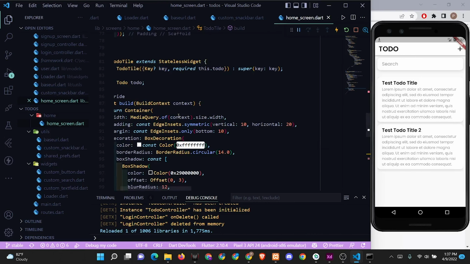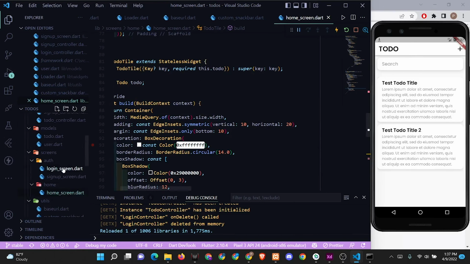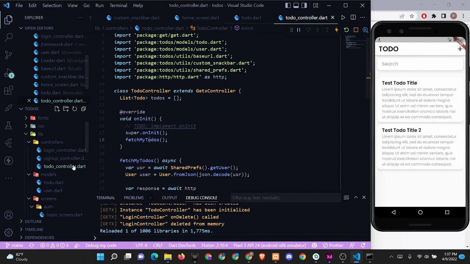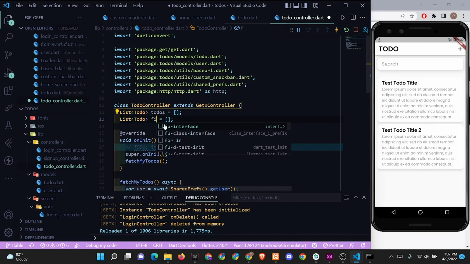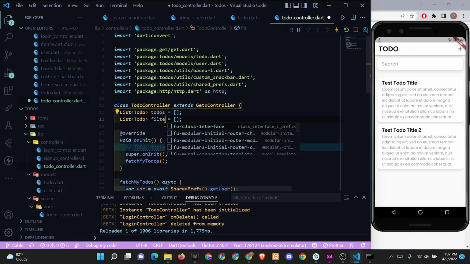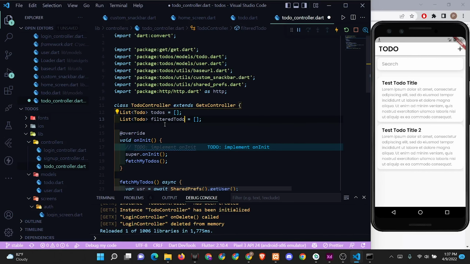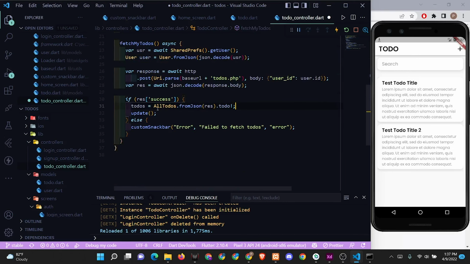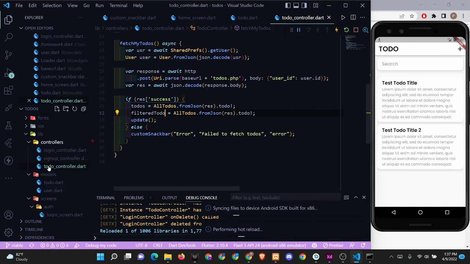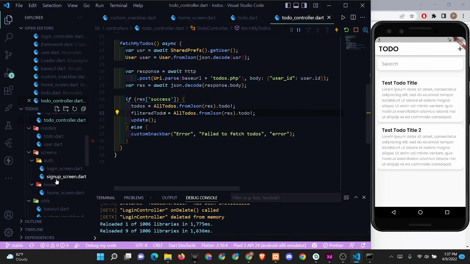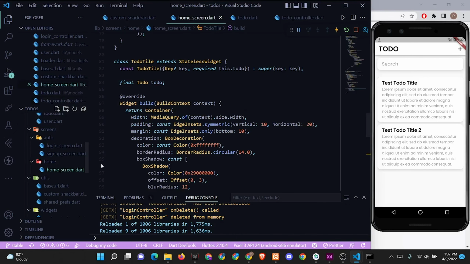Let's implement our search functionality. For that, I will go to our to-do controller and let's duplicate this and filtered to-do. Let's save this, and in our home screen,